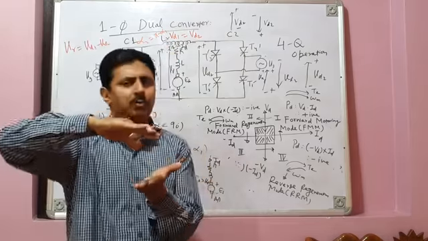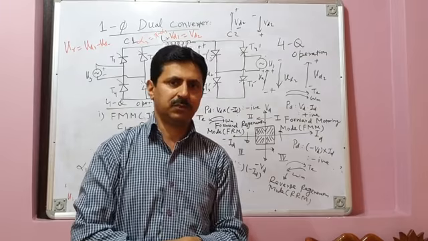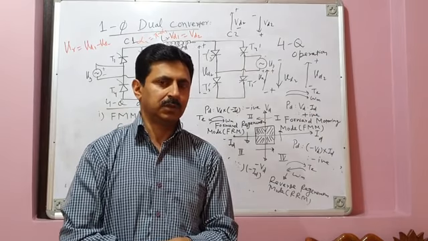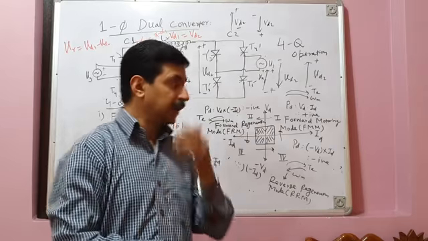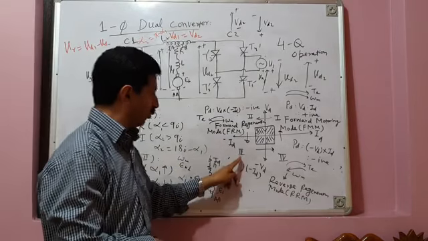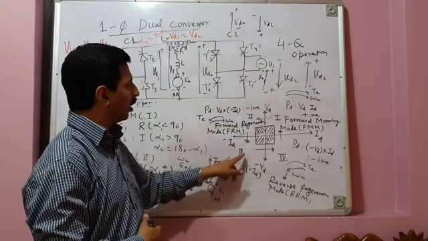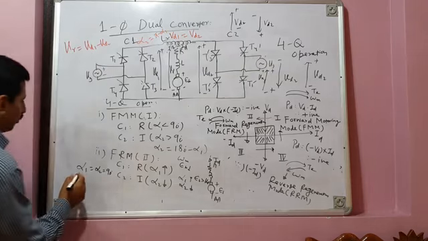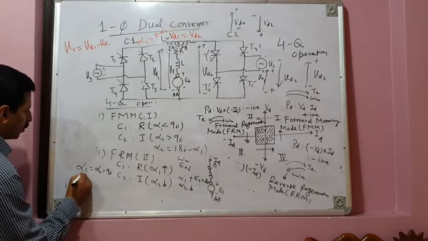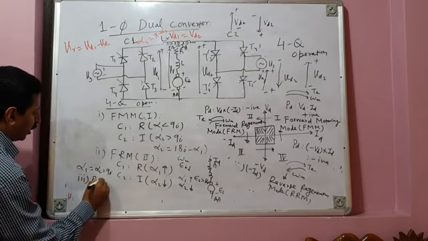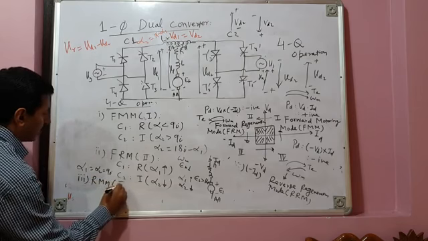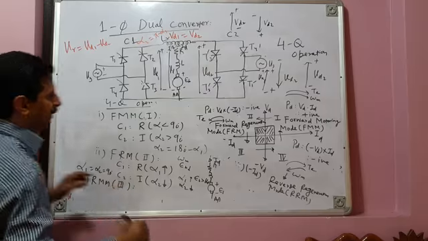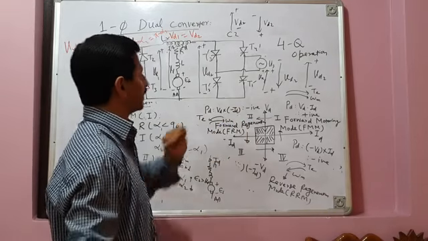ये stop हो गई. अब इसको reverse direction में ये करना है. It has to rotate now in reverse direction. Reverse direction mein it will now go to quadrant 3. In quadrant 3, average output voltage is negative, current is also negative. So therefore it has to now go to reverse motoring mode. Reverse motoring mode means quadrant 3.